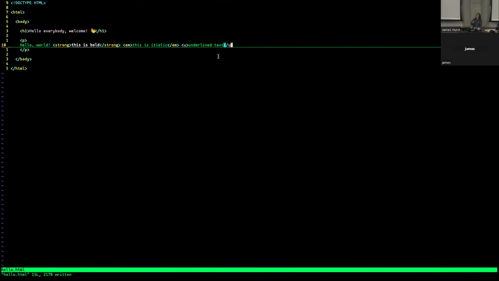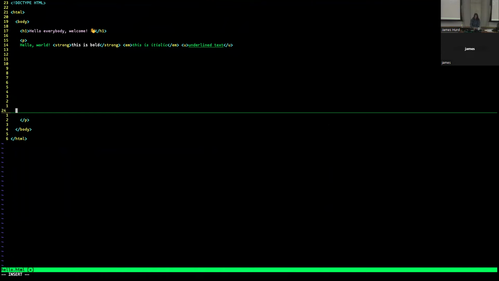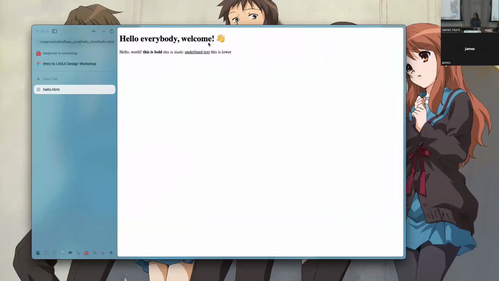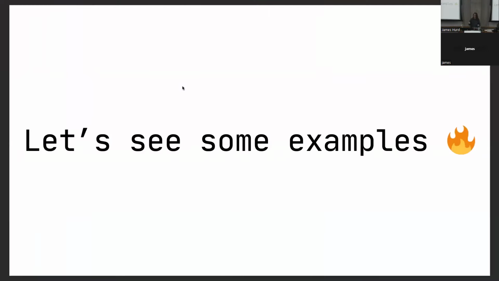A thing that's worth noting is within a paragraph tag, HTML will ignore line breaks. So let's say I wanted to put some text halfway down the page. If I put a bunch of new lines down here and I'm like, oh, hey, this is lower, and then we look at the page, it doesn't actually do that. So the spacing within your paragraphs doesn't matter. HTML is just all about the actual structure of what's going on. We'll get to how you actually make things look pretty later on. So that's kind of what HTML looks like, and there's a whole host of different tags you can use. I'm not going to sit up here and exhaustively go over all of them, but